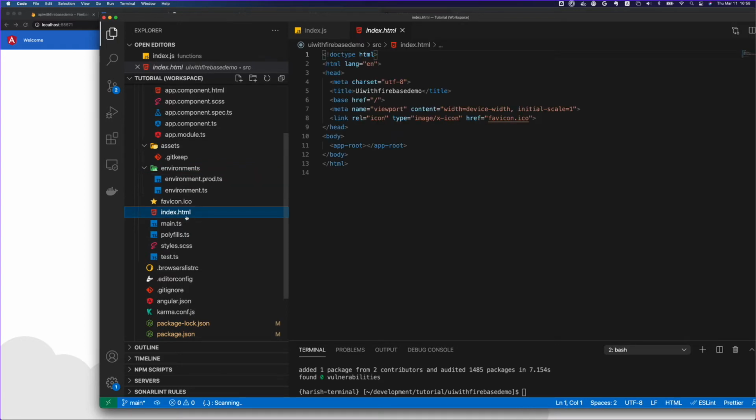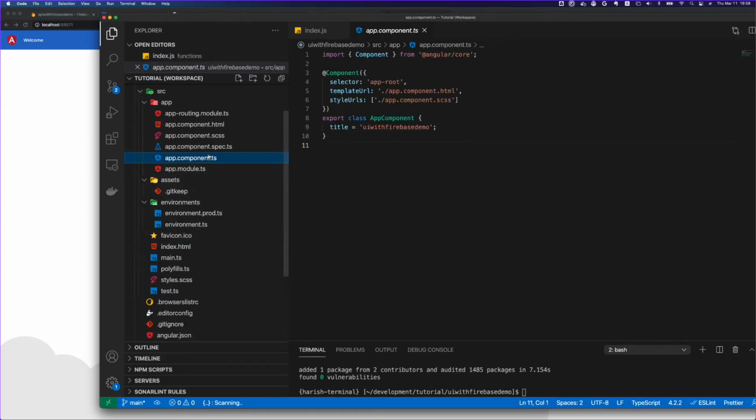Then you have an index.html file, which is the starting view. It's a single page application. This index.html has an app-root tag, and this app-root tag is created in the app component. So here, this is the app-root component tag. This selector is created, and index is reading this app-root, and from there all the bootstrapping happens, and the component renders this HTML, and this is how the whole process starts.